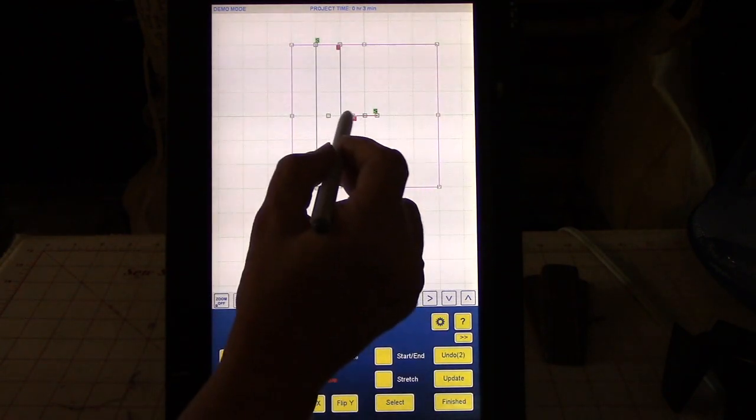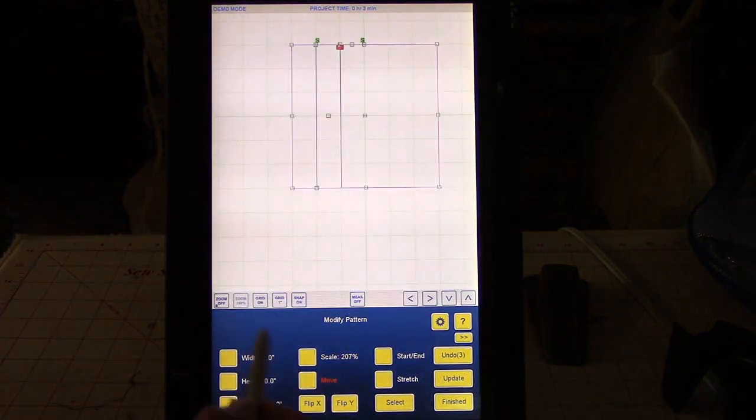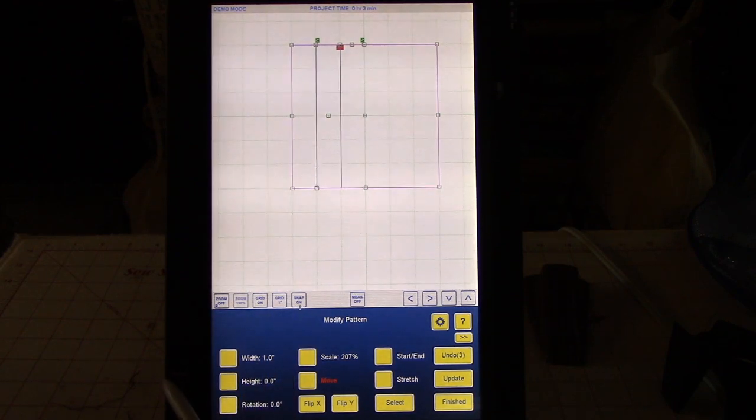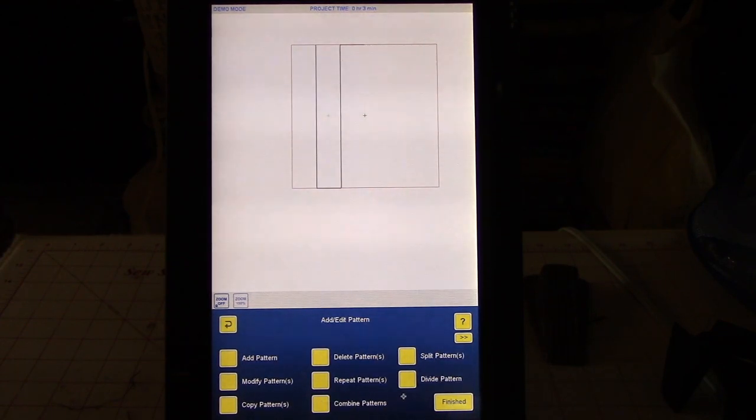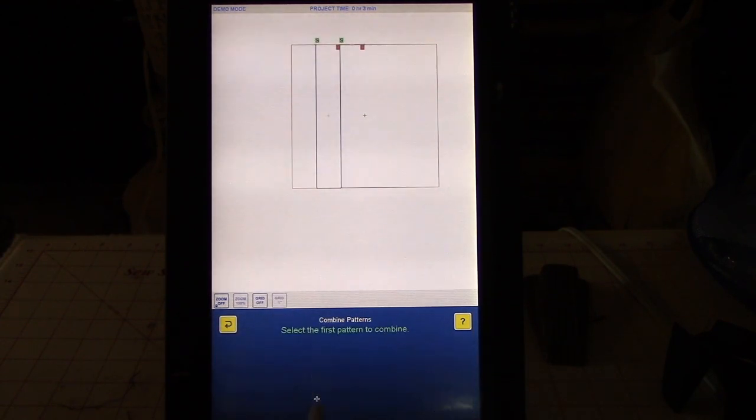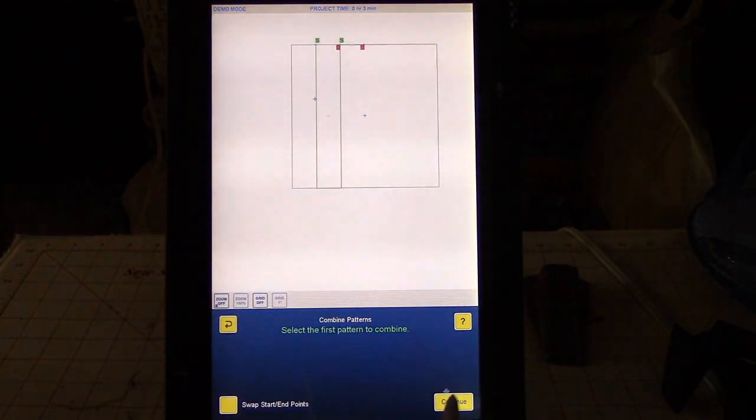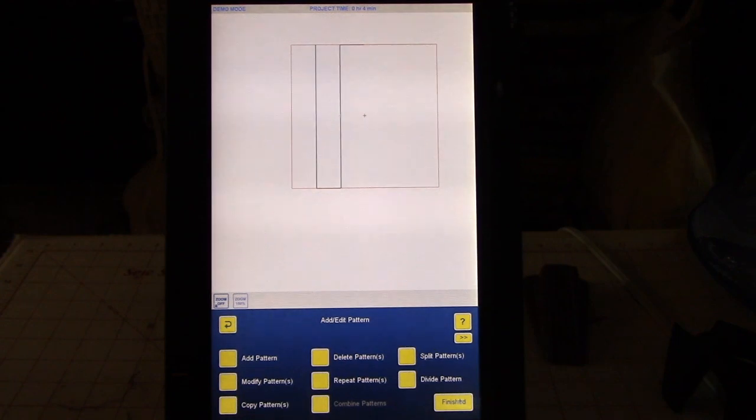I'm going to move it. I'm going to move it up here and snap it there because my snap is on. And I'm going to switch my start and ends now. I could do it later when I combine it if I wanted to. Finished. And now I'm going to combine my patterns. This one first, and then this one, continue, and finish. So there's my basic